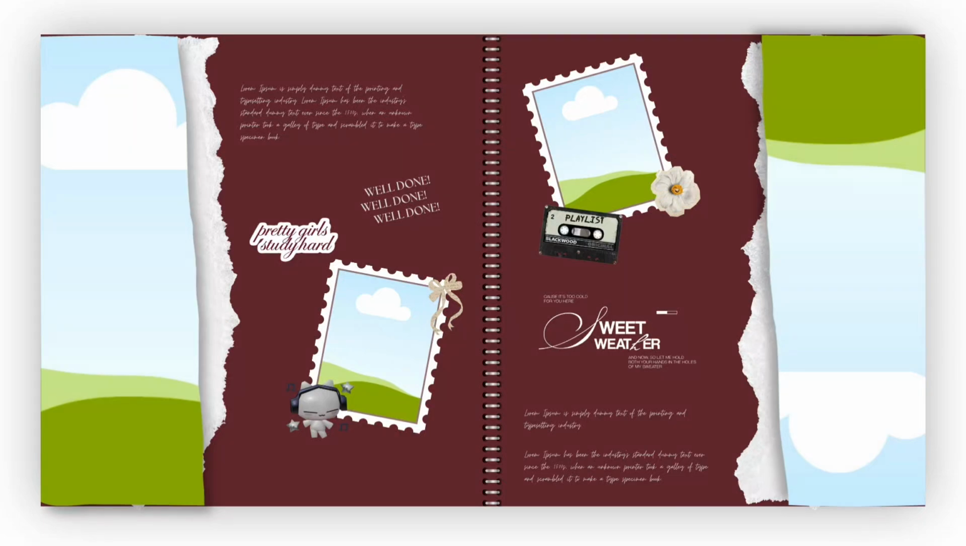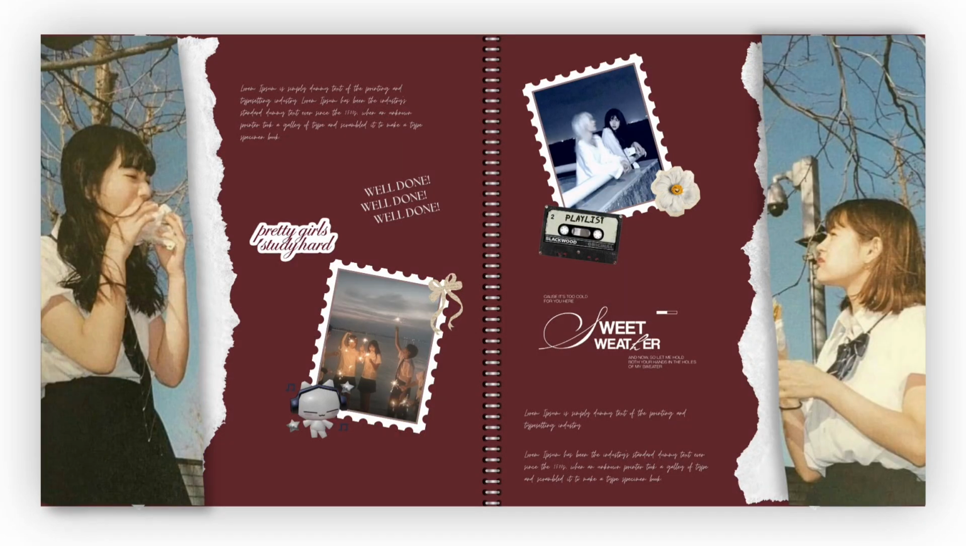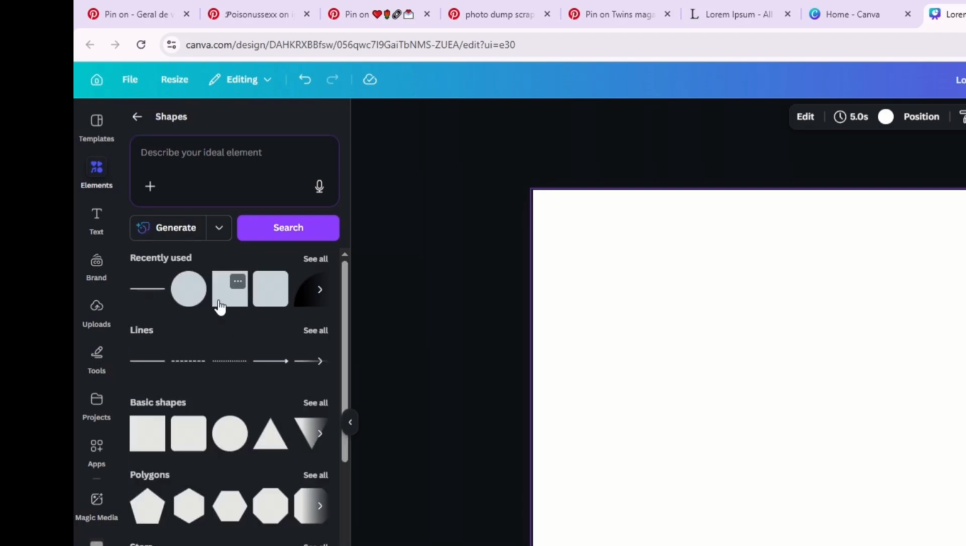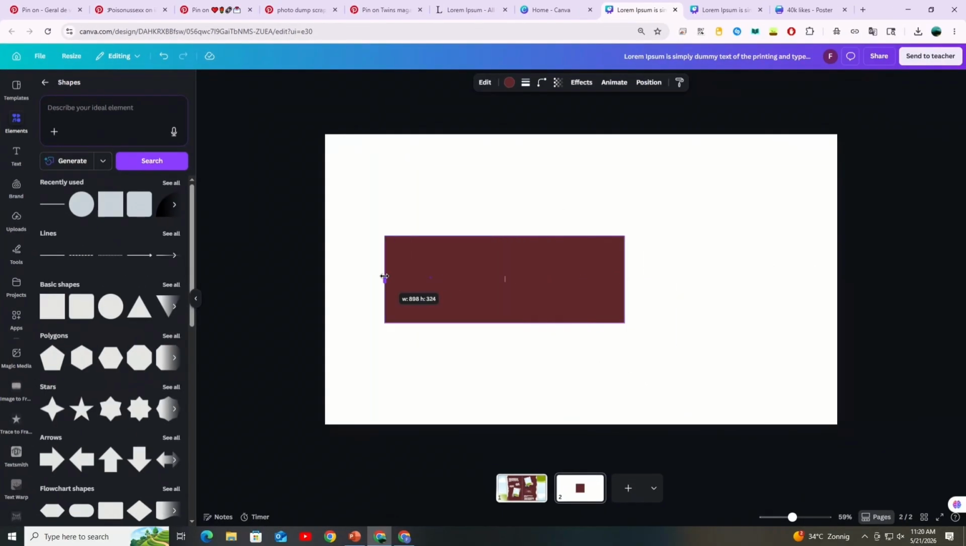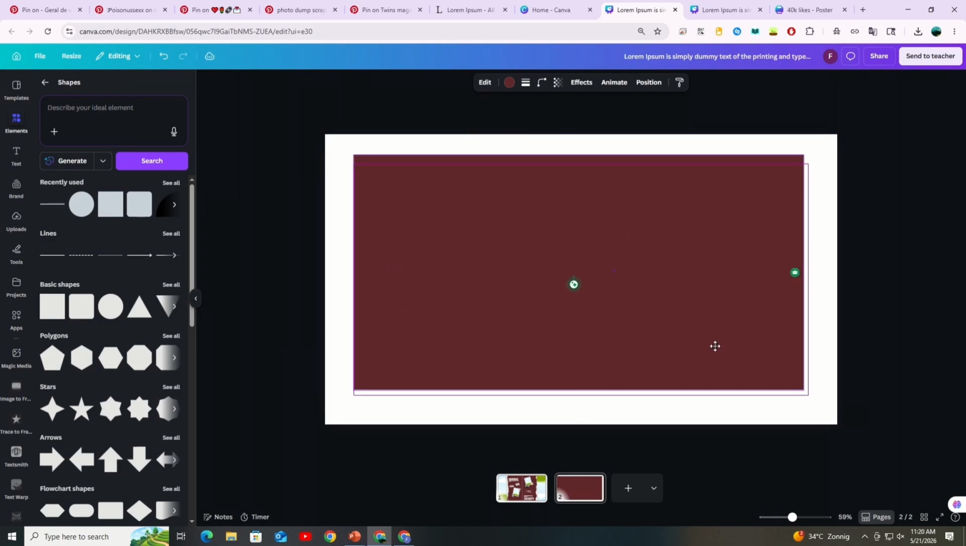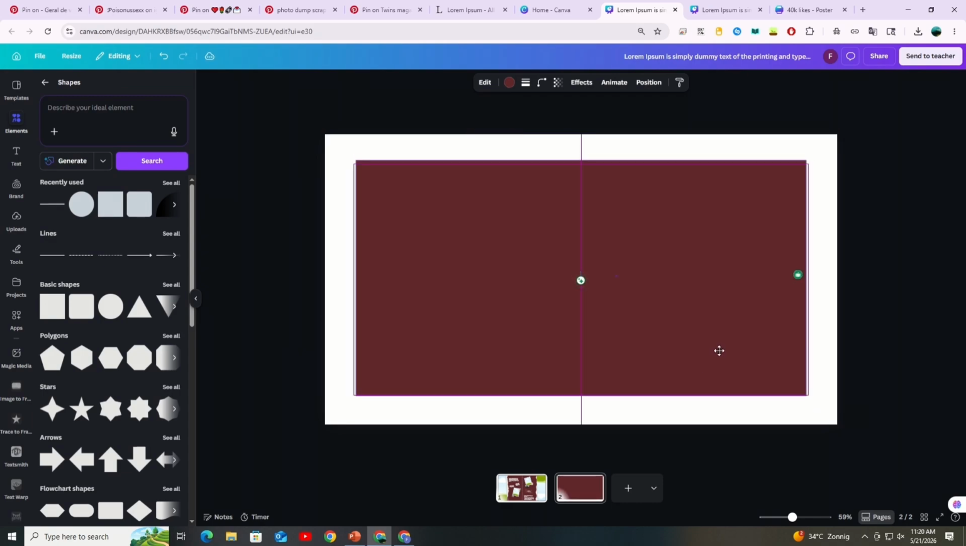So in this video I am going to show you how to make this scrapbook in Canva in just a few minutes. So let's start. The first thing you have to do is open up a blank presentation design in Canva, go to elements and then search for a rectangle. Then we're going to just insert it and increase its size this much so that it covers half and more of the slide. The next thing we are going to do is put it into the middle and the center,